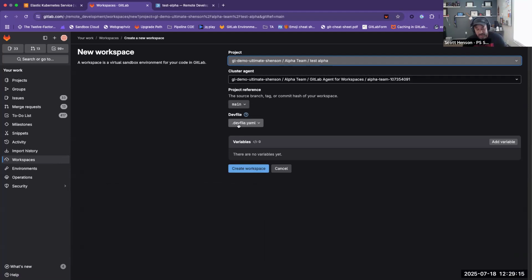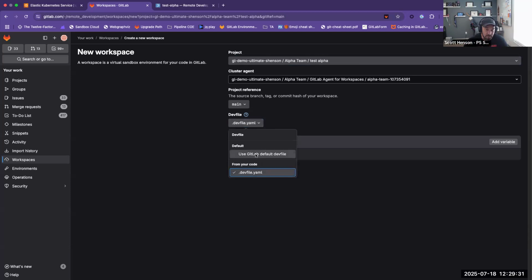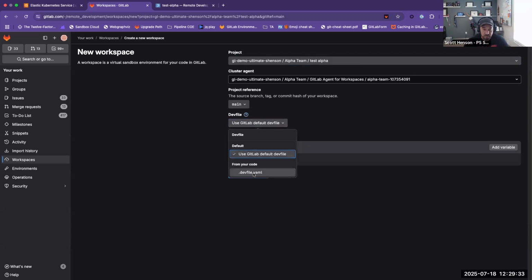So you can say, I have specific dev files for certain aspects of my application, especially if you've got an application that's rather large. You may have development environments that are specific to certain parts of your application, right? Or for certain types of testing that are preloaded with certain things or whatever you need to be. So I could take this and I can say use the GitLab default, or I can use the dev file here,